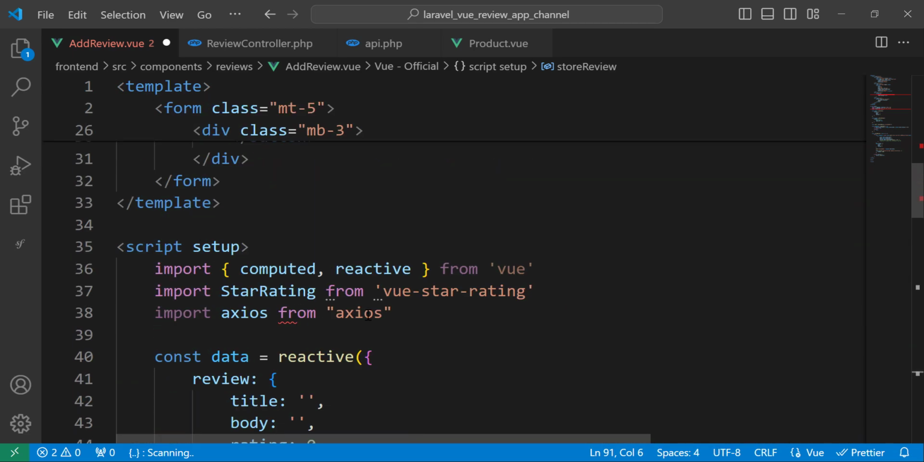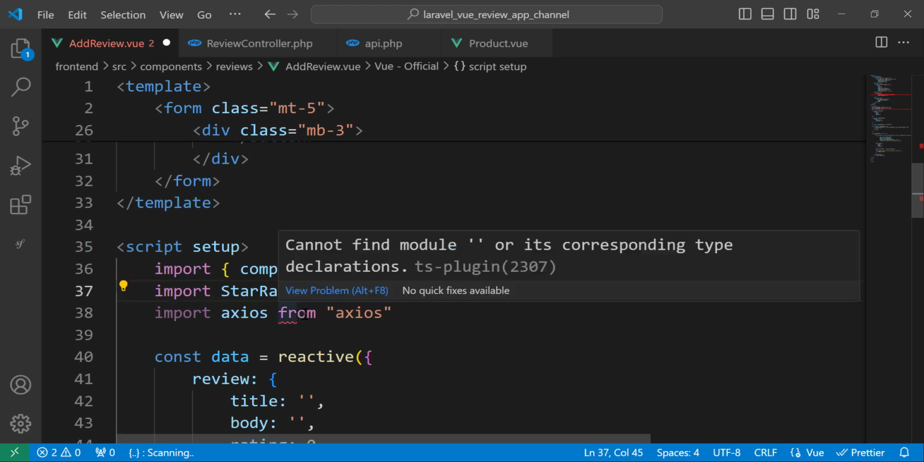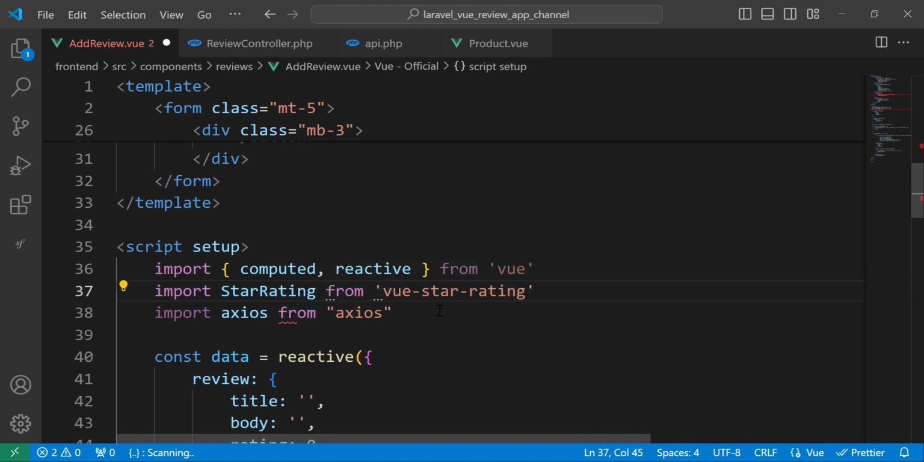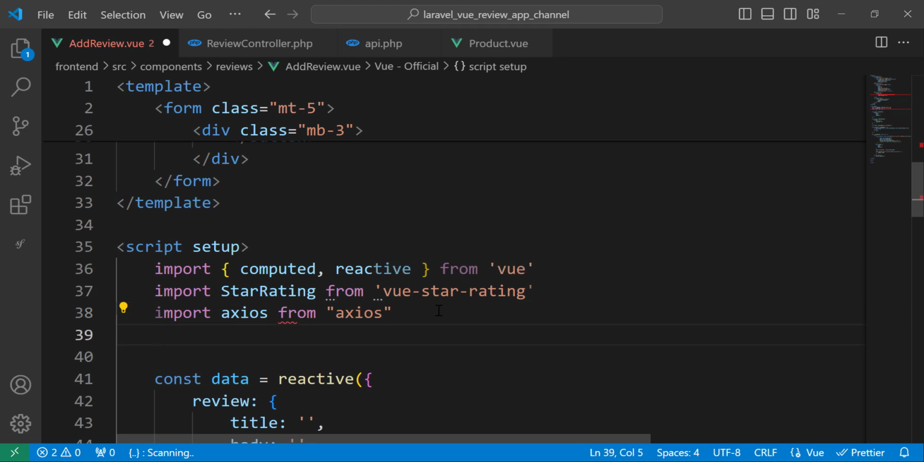So let's go back. What is wrong here? Import axios from axios. Why is it showing in red? I think it's just a problem of VS Code. Sometimes it takes a long time to inspect all the code. So let's import the toast as I said. Not here, but here. So import useToast